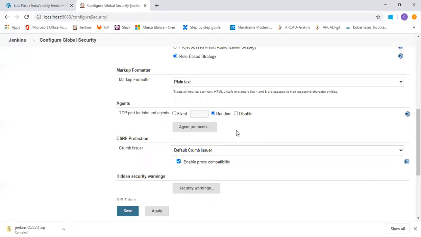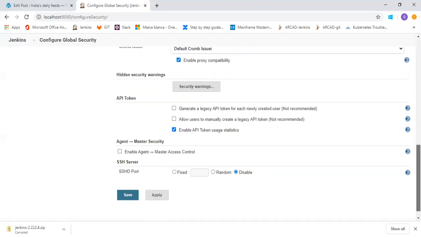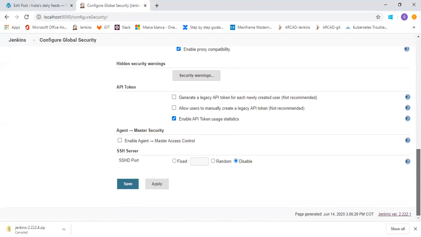But when you do your master-slave configuration in Jenkins, you have to select one of these options, random or maybe fixed. Okay, that's it for Global Configure Security.